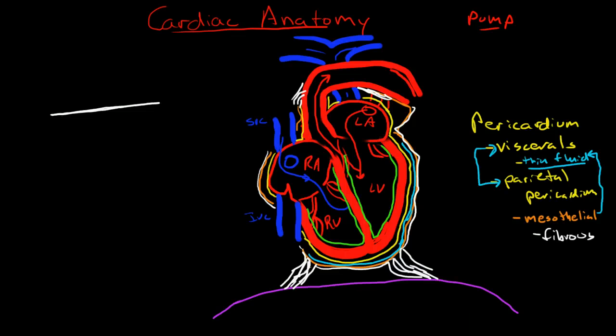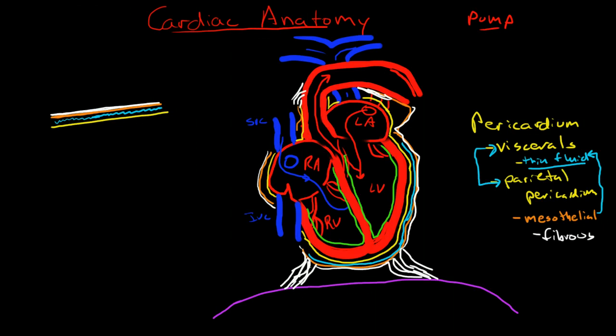And then we have, now remember, this is all one layer, so this is very closely fused together. This is the mesothelial cell layer of the parietal pericardium. Then we have this very thin layer of fluid in between, and then on the inside, fused to the heart,